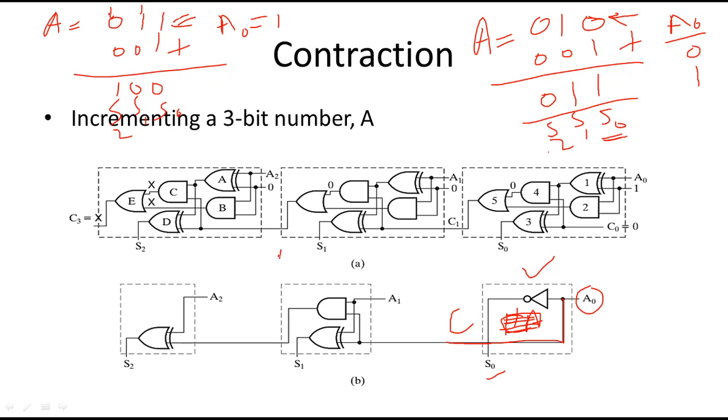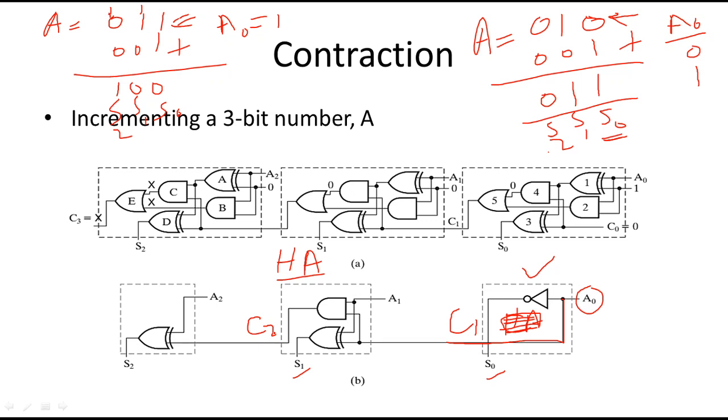At the second step, we have a complete half adder here. So it needs to add A1, or the second bit, with the previous carry, and it also produces a carry out. So it just adds by performing the XOR operation with A1 and the previous carry, let's say I call it C1, to give S1, and A1 and C1 produce C2. So it's a complete half adder.